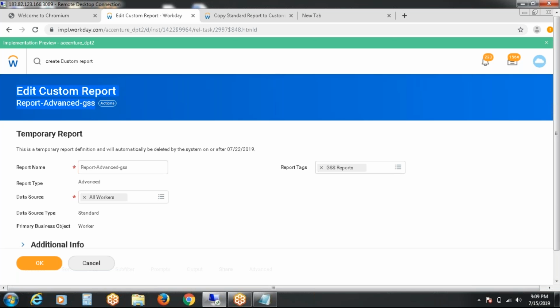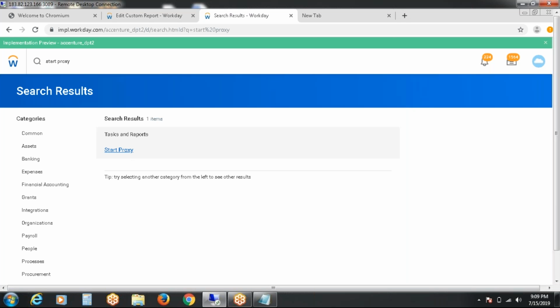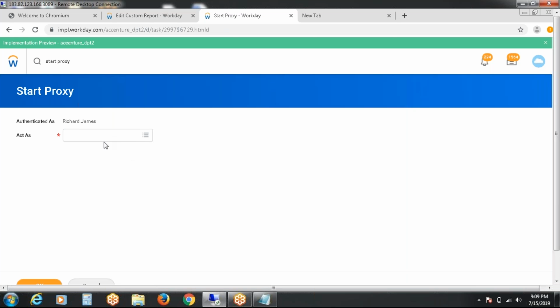So I didn't share to anybody now. I will share, but before going to see the report, just log in with another ID. Log in as Logan.